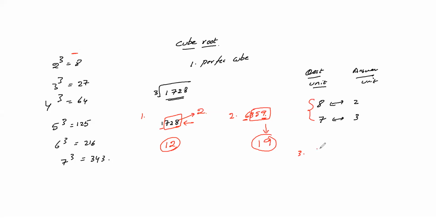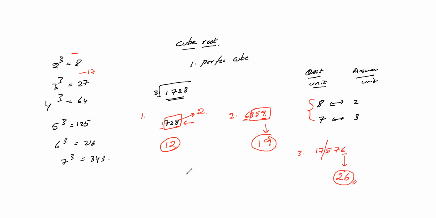The third one, I'll take 17576. When I'm discussing the 576, if the unit digit is among the interchanging numbers it will change, or else the same digit will be there. So 6. And I'm going to split it into 3 digits. Now the remaining part is 17. 17 is between 2 cube and 3 cube, so we take the lesser value, 2. So the answer is 26. 26 cube is the value.